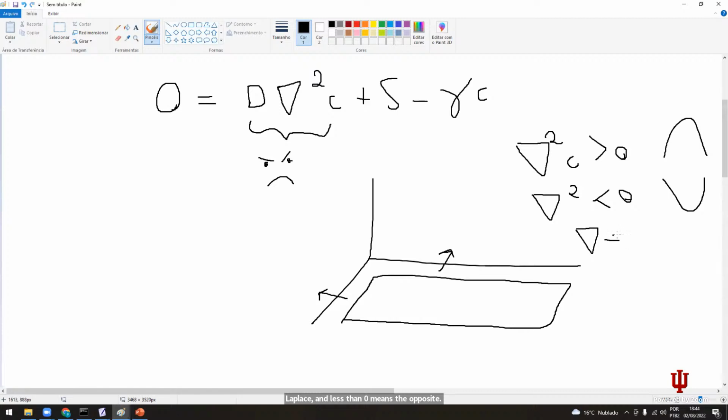And Laplacian equals 0 is everything that is like a plane. It can be an inclined plane, but it must be flat. So if I set periodic conditions, it will always be flat. So this is always 0. And I am left with the most simple